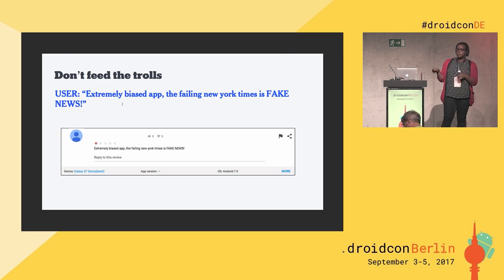A great tool that Facebook had at the time was that it allowed you to hide comments without deleting them. And so those trolls could feel like their job was done. They put the posts there, but those comments were only visible to them and to their friends. And so rather than further antagonize them, they did what they did, and they moved on. On Google Play, I think a really great way to go about this is to just let it go, don't draw attention, don't get into a catfight on the internet with these people, and just move on.